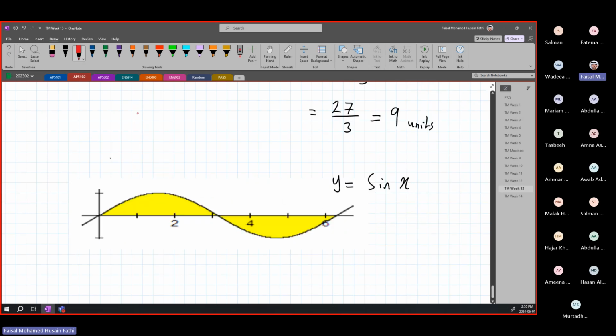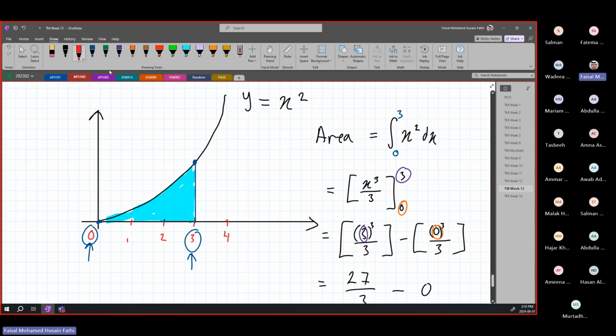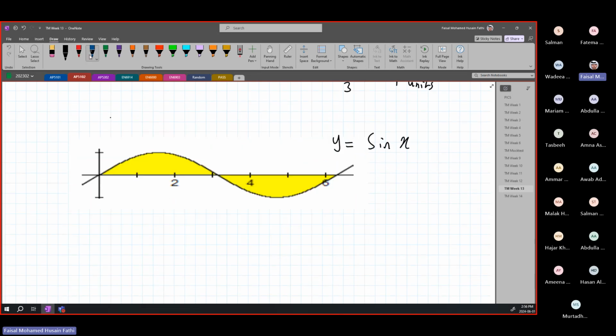So the first step here, so here this was simple. Everything was above the x-axis. This is our y and x-axis. This is y, this is x. Everything's above the x-axis, so it was simple. In this case over here, we have something above and something below. How do you find out the area of this? What you need to do is anything that is above, you're going to put a positive for it. And anything that is below is going to be a negative value for the integration.